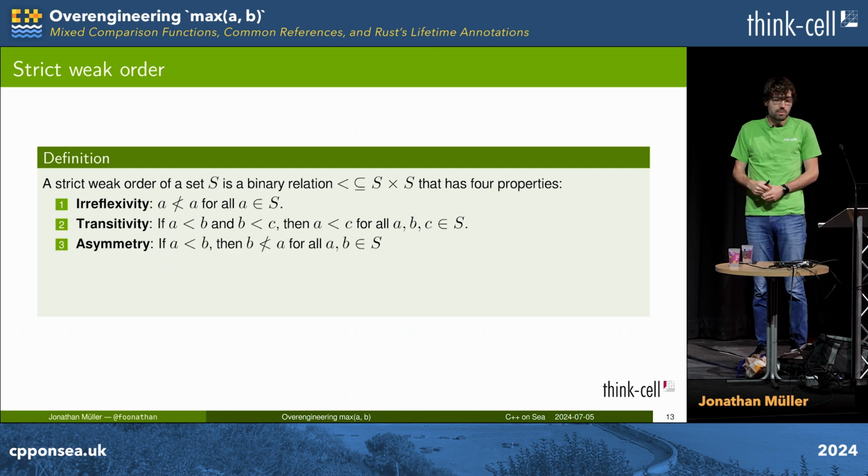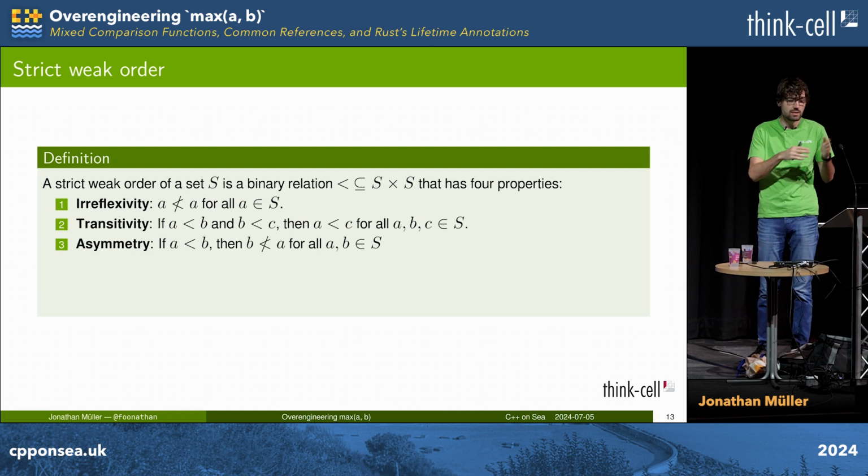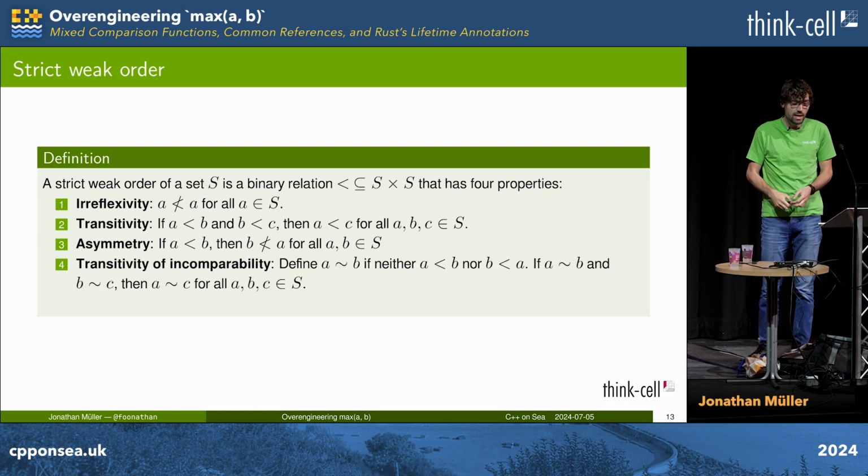But we have only two weaker properties instead of trichotomy. Asymmetry means that if A is less than B, then B must not be less than A. Right? An element can't be less than in both directions. This wouldn't make any sense. And now